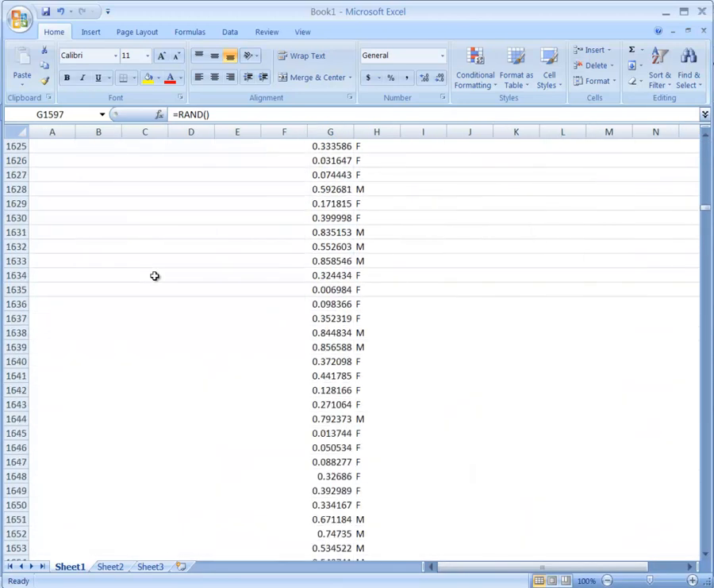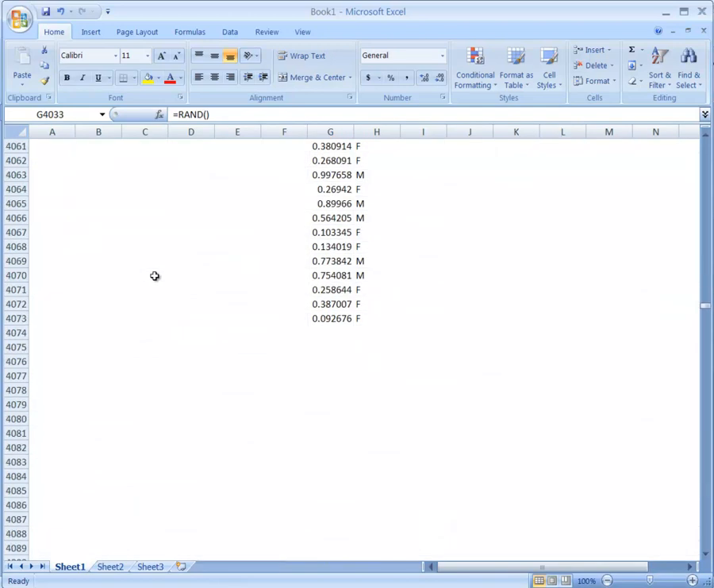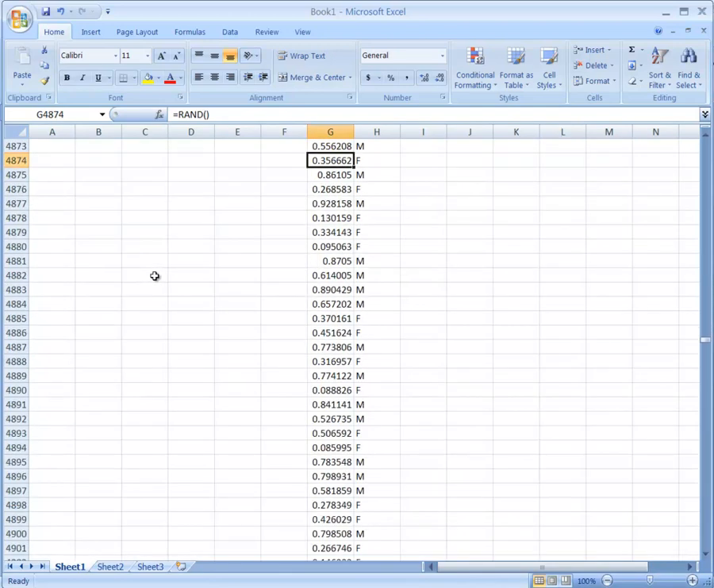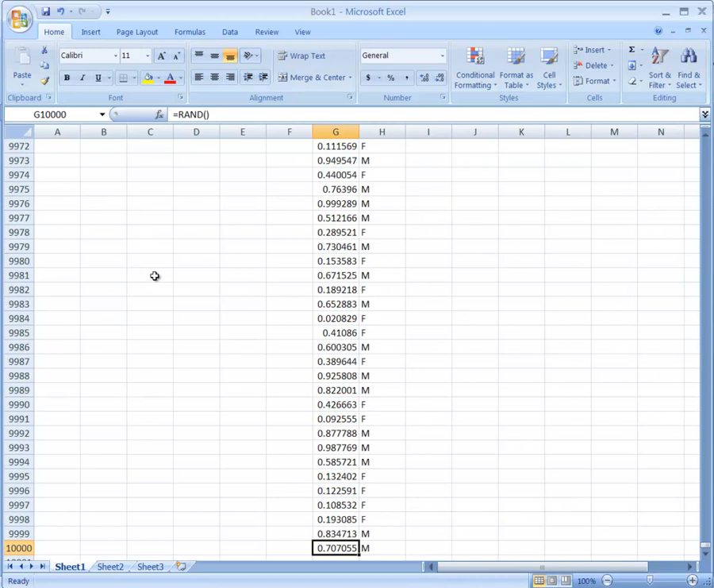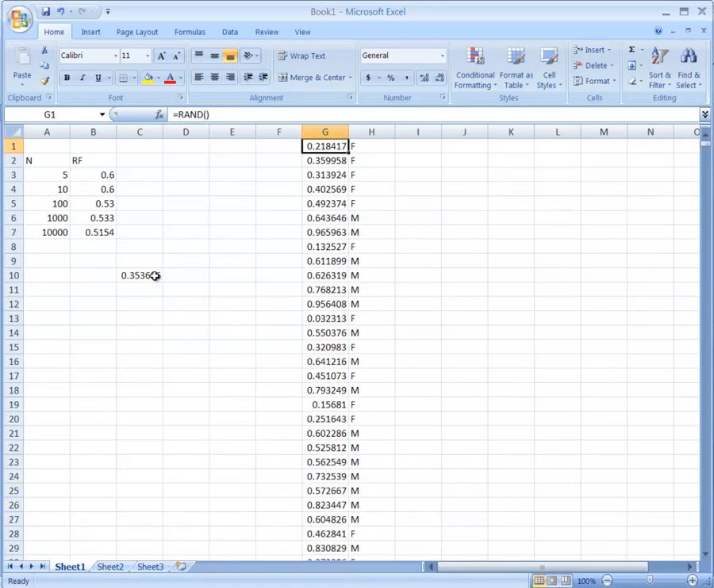If I hold down page down, that goes down pretty fast, but if I get impatient and I want to just go to the bottom, I can press Control down and see at the very bottom of the spreadsheet that row 10,000, and then press Control up to go back up. So you'll want to create these 10,000 random numbers, and then we're going to use the convention that